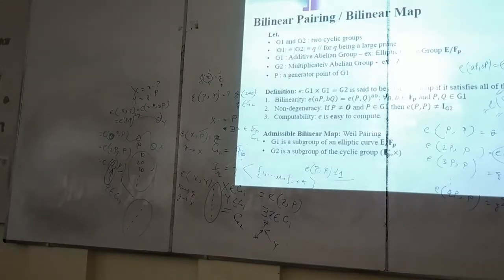But the day discrete log becomes easy, this is no more usable. This bilinear pairing we have to throw, because all the security properties also depend on this one way property of the bilinear mapping. But till date, nobody has found any other algorithm to find capital X from small h without solving discrete log. No polynomial time algorithm has been found, of course. That's why it is believed, not proved, to be one way also.